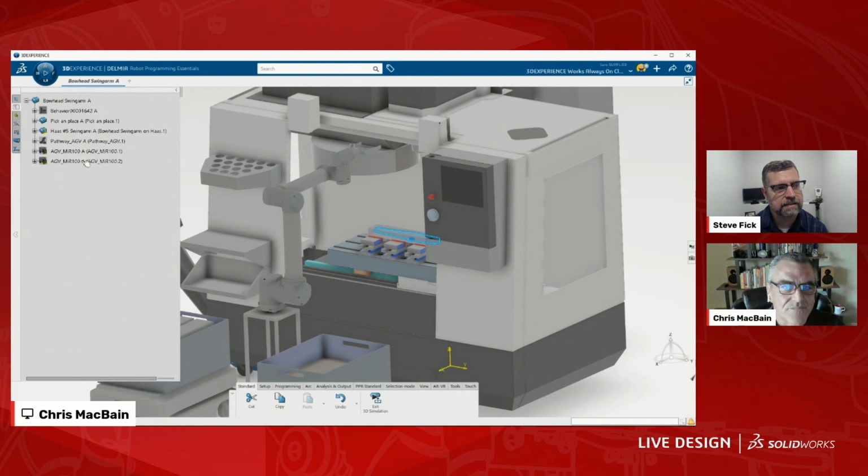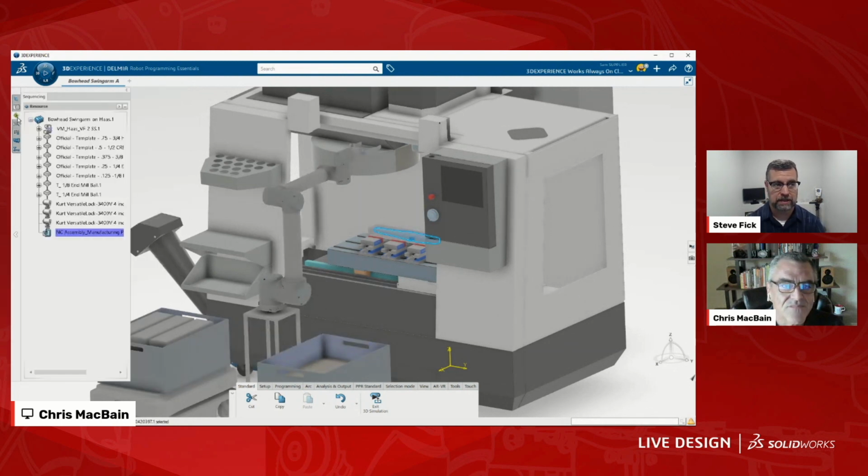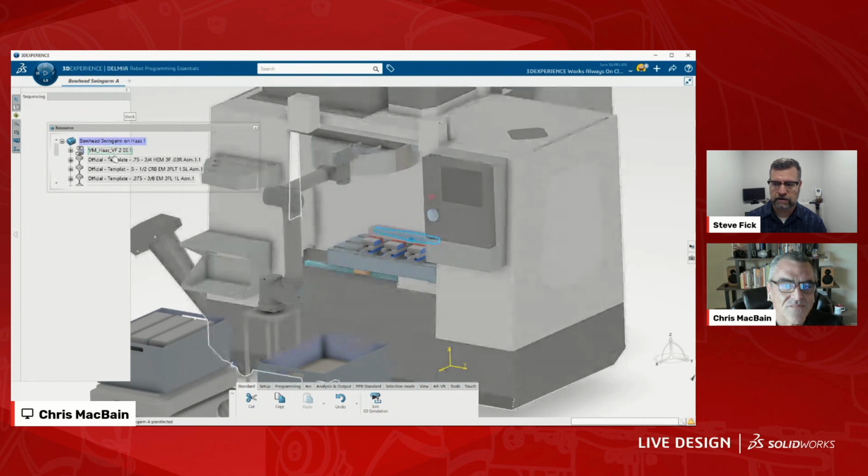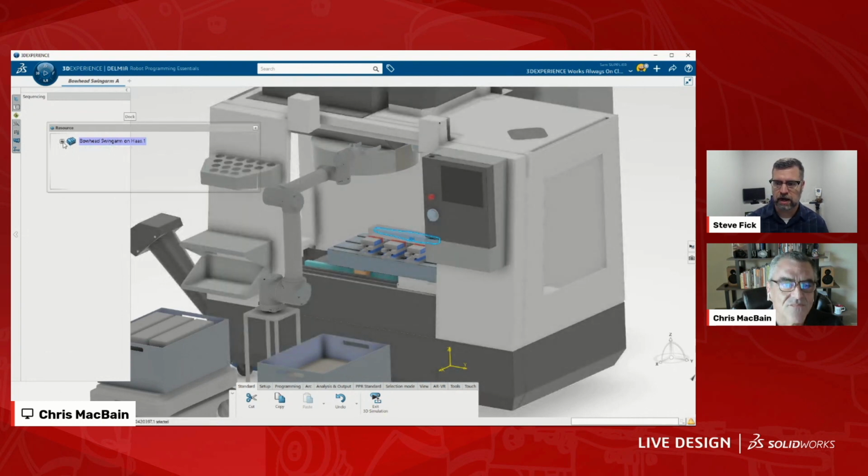I guess I would wager to say, taking the perspective between maybe engineering and manufacturing, it's communicating the accurate data back and forth when changes do happen.